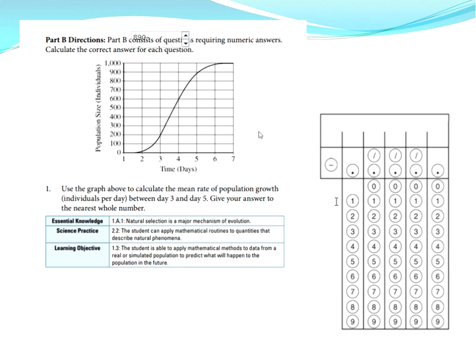Actually, let me pull up real quick the range. I think it's a good 10-point difference that they give you. I don't have it right in front of me. I'll have to look at it later. But just so everybody knows, when you do these gridded response or math questions,